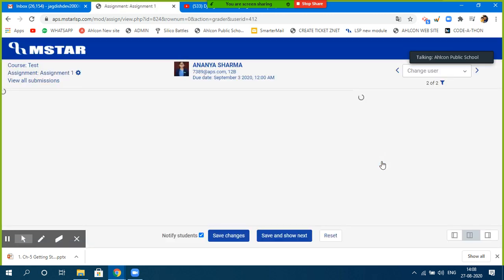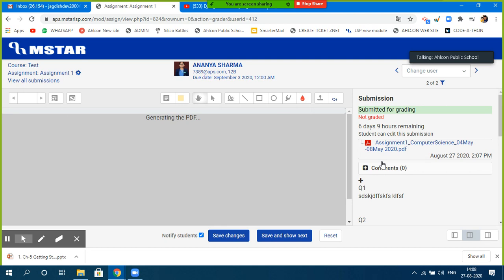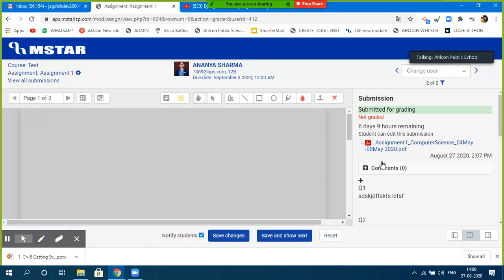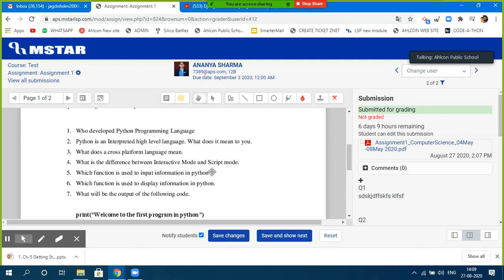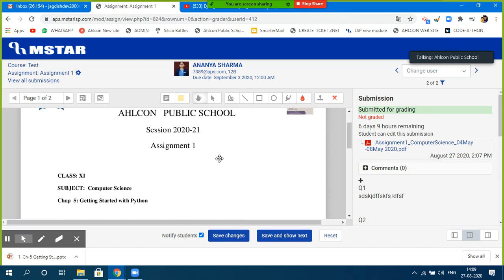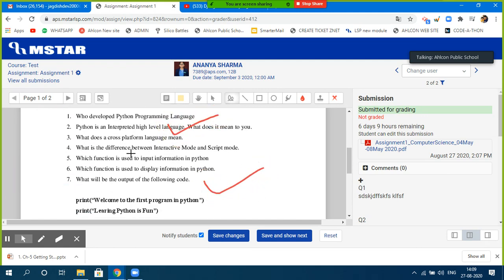So it will take me to the file which has been uploaded by the student, as well as what answers the student has given online. Now this is the file which has been uploaded by the student. Okay, here you can do anything. Like if you want to say, okay, this part is correct, this part is also correct, this part is wrong, whatever you want to do, right? If you want to specify a comment on why you did wrong, you can always specify the comment. Because of this reason, I did it wrong. Got it? After doing all these things, annotations, click on save changes.